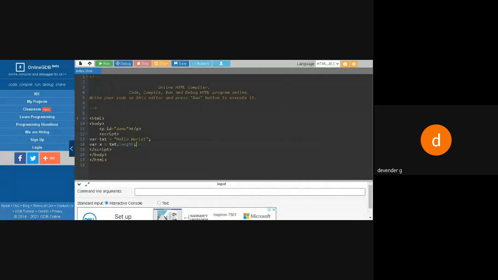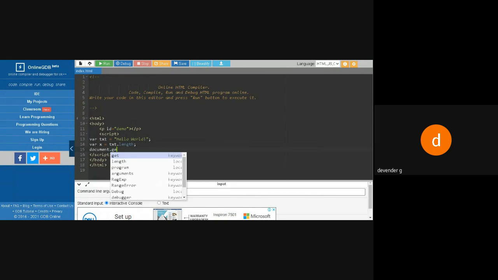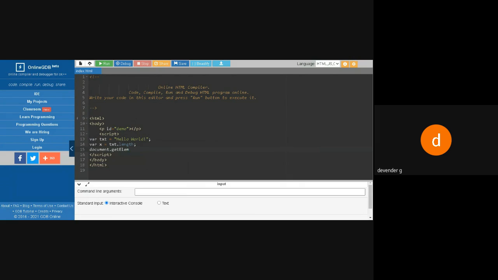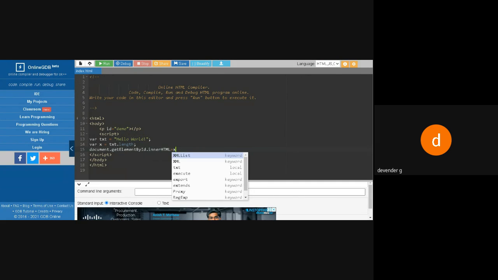Now what we are going to do, we are going to write it by saying document dot getElementById dot innerHTML equal to x. So here, what is the id?